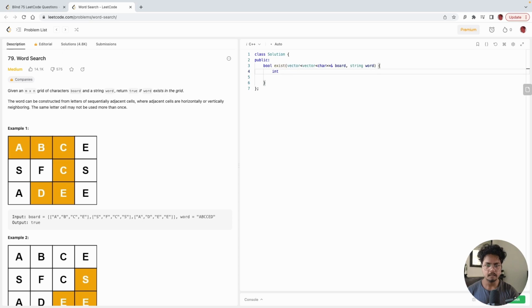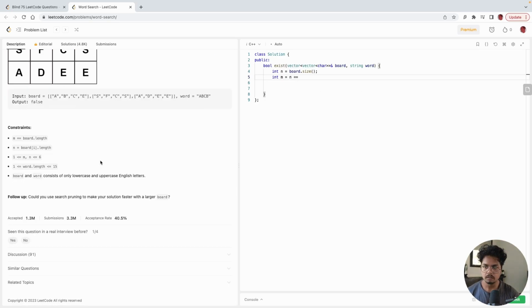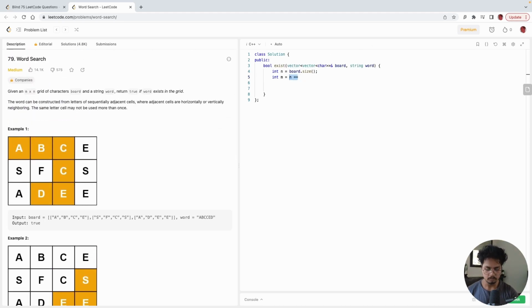So first we'll take the size of the board, then we will take, if n is not 0, then we will take the columns, right? Now we have the matrix. What else do we want? So we will have to do some kind of DFS like we discussed,